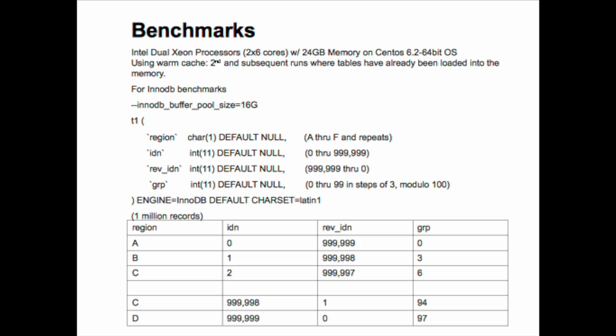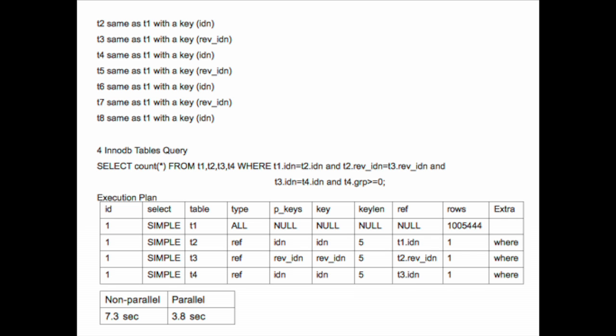T1 through T8, T1 has no key. T2, I give a key of IDN. T3, I give a key of reverse IDN. And so on, IDN, reverse IDN. And then I do a 4-table query. You say, okay, give me count of from T1, T2, T3, T4, where T1 IDN equal T2 IDN, and T2 reverse IDN equal T3 reverse IDN, and T3 IDN equal T4 IDN, and T4 IDN that group is greater than